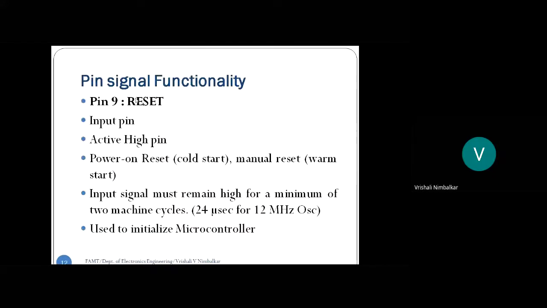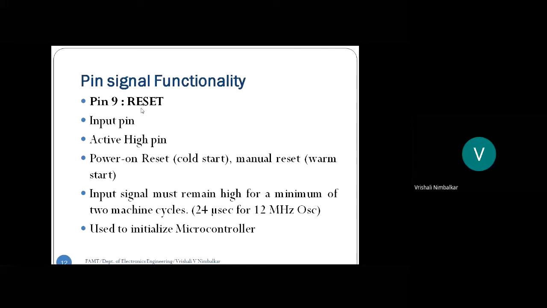So the reset pin is an input pin to the microcontroller, correct? And it's active high. It means logic 1 appearing on pin number 9 will reset the microcontroller. What do the first two statements say? Logic 1 arriving on pin number 9 will reset the microcontroller.